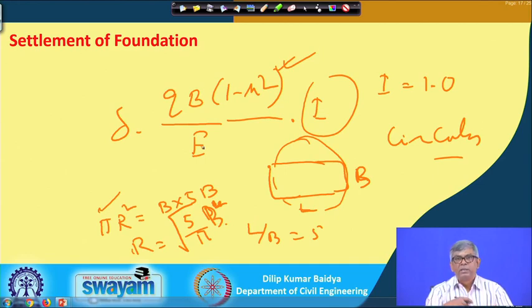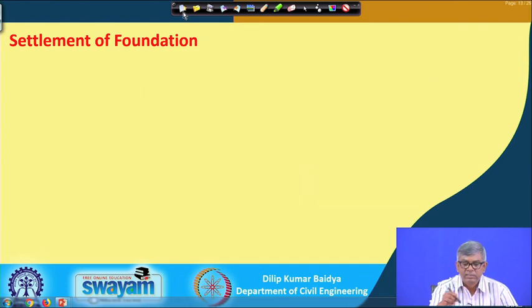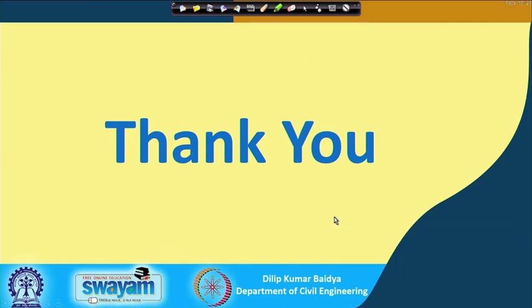So, sometimes, whatever table I have shown for different shapes of footing and different aspect ratios, with different I values to be remembered, instead of that I can remember the value for circular footing, and if it is a non-circular footing I can convert it into an equivalent circle and use the equation of circular footing settlement. So, that sometimes one can do quickly without remembering the detailed table. So, with this I will close here. Thank you.